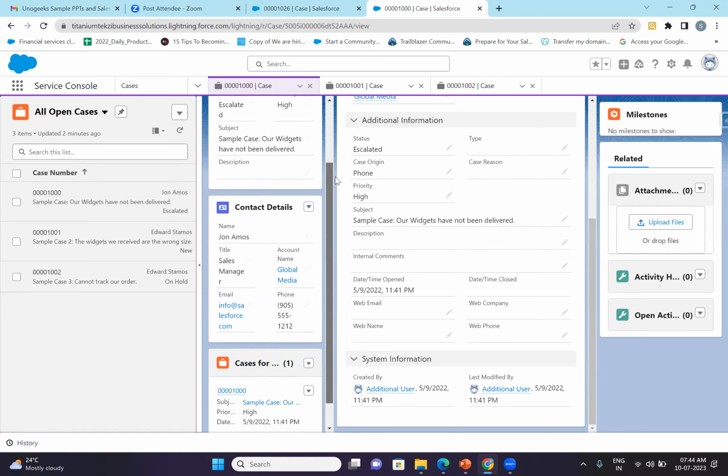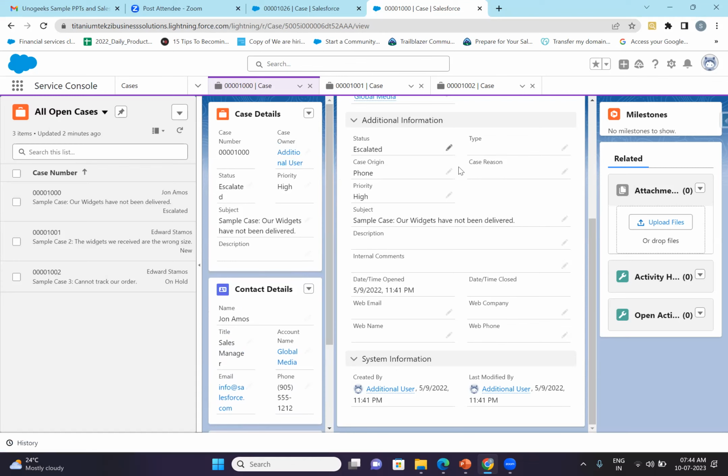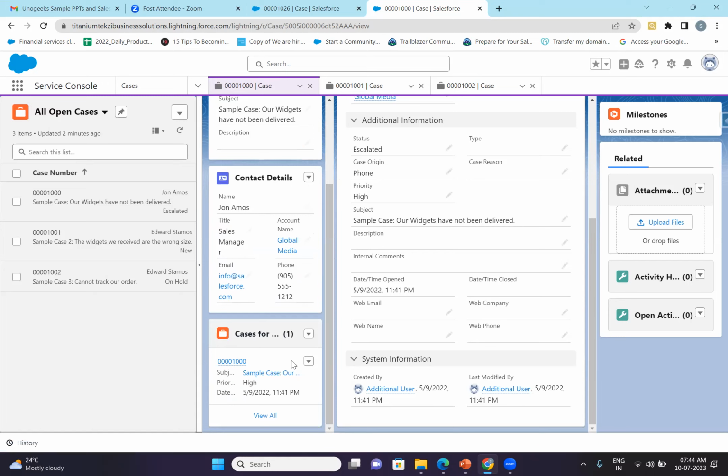As soon as the case has been assigned, the agent will get complete 360-degree information about the case, which will help him to resolve the case even faster without taking any external help. Don't you think that is useful to the service agents? Yes, very useful. So as soon as they log in, they will get the complete information without getting into